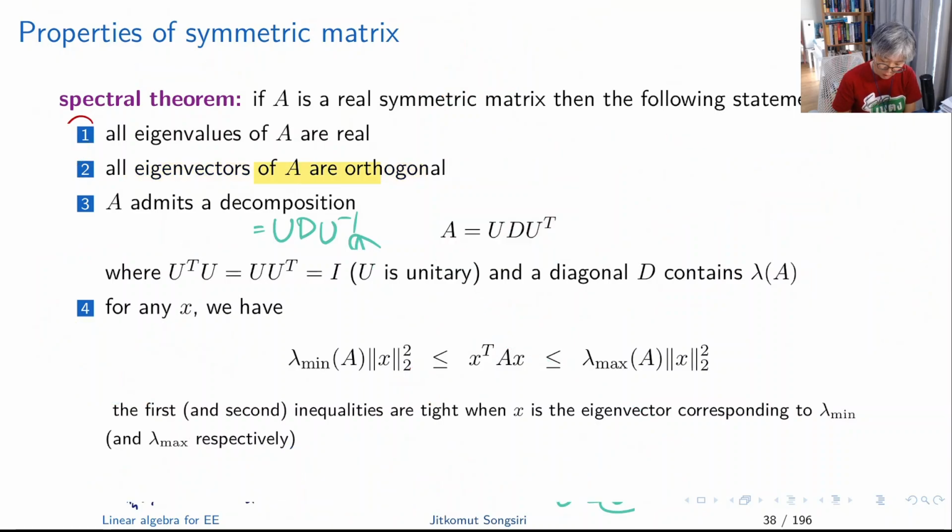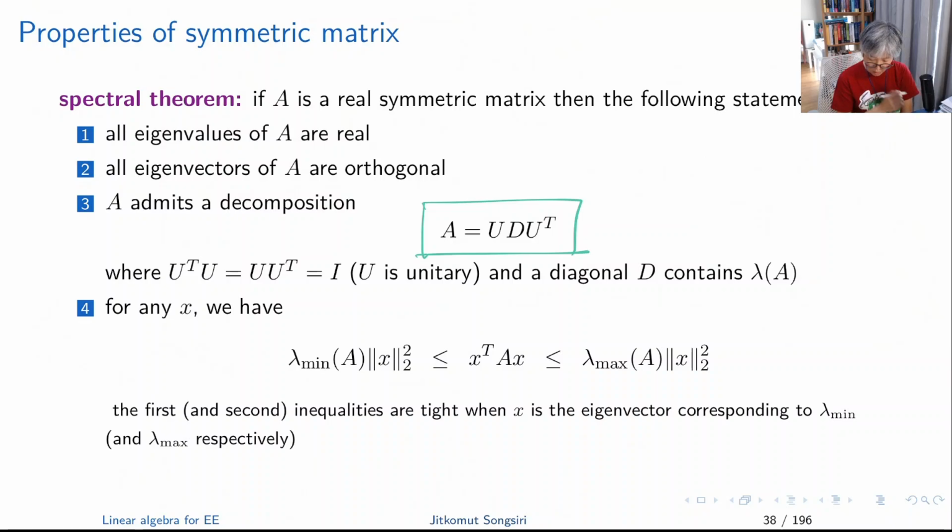Okay, and what we're gonna use all the time is the eigenvalue decomposition of symmetric matrices. For example, I'm going to derive these useful inequalities by exploiting this decomposition. I can show that for whatever energy form of A, you can always derive an upper bound and a lower bound like this. Any quadratic function of x, whatever values of x, can be bounded above by lambda max of A times